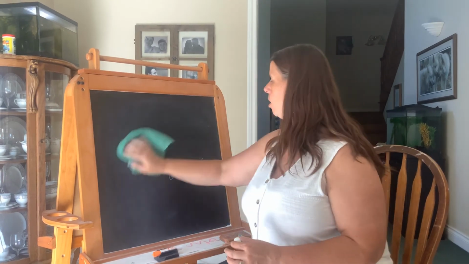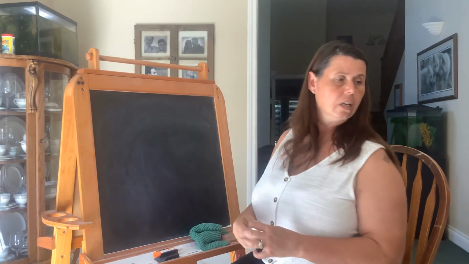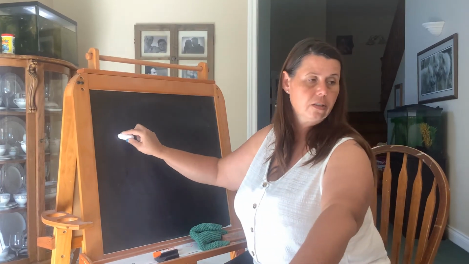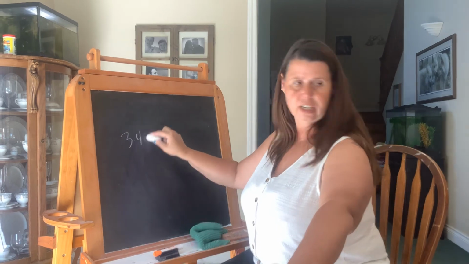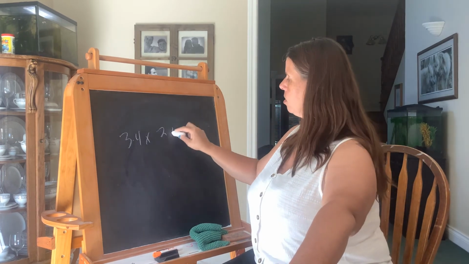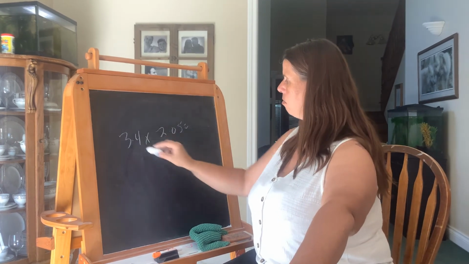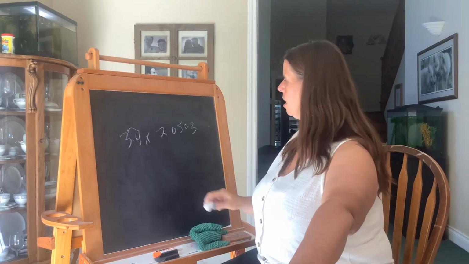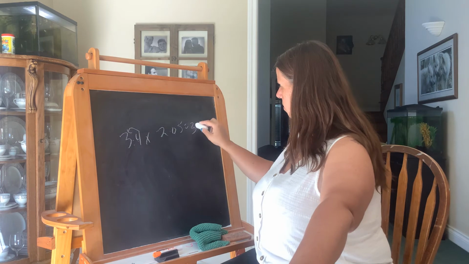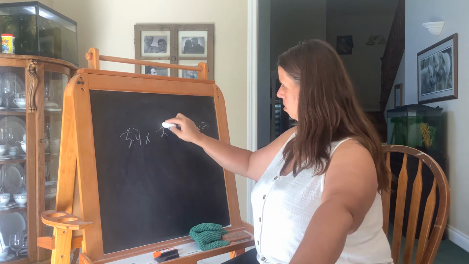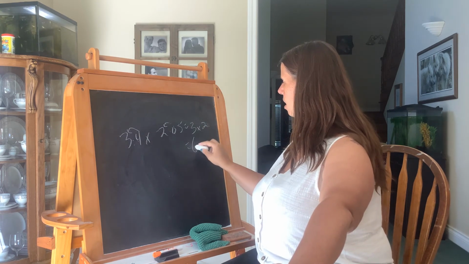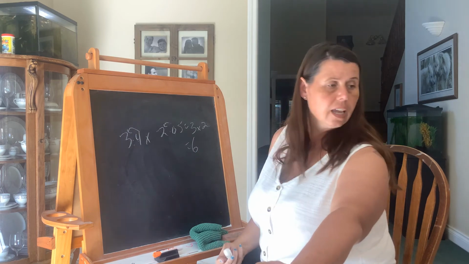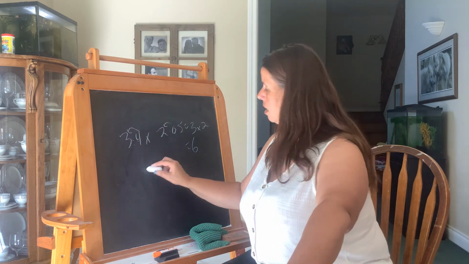Okay, I'm going to do one more with you. We'll do B. 3.4 times 2.05. Okay, 3.4 is going to round to 3, right, because the 4 says stay the same. 2.05 is going to stay as 2 because the 0 says stay the same. 3 times 2 is 6. The answer they've given us is